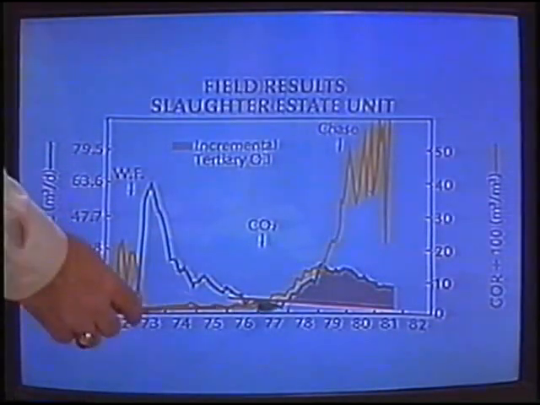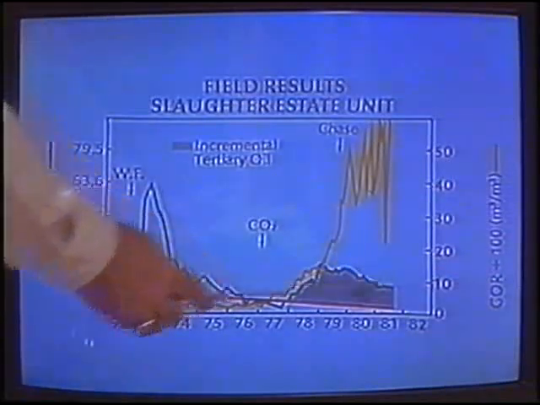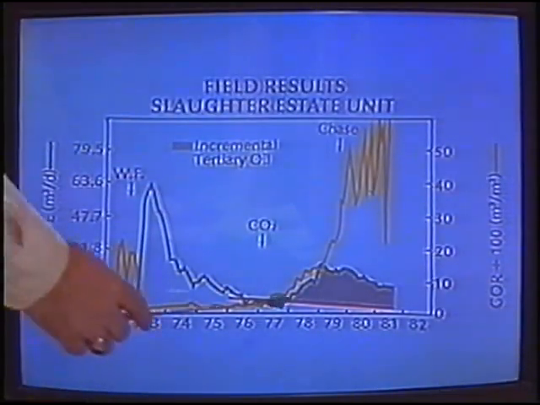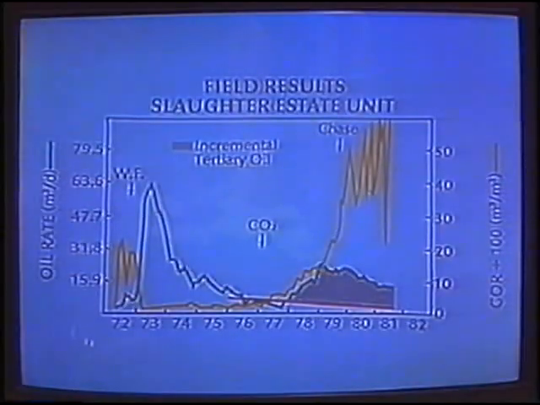Sometime after that point, the CO2 response began, and as we saw in Module 1, the incremental oil recovery is the difference between what happened and what would have happened, and that is the shaded area here in the figure. Notice, just as we saw in the core flood, gas-oil ratio is a manifestation of solvent being produced, and just as we saw in the core flood, solvent begins to be produced about the same time that the oil rate starts to go up. So there is an evidence of something that is causing channeling, either heterogeneity or viscous fingering or something in this